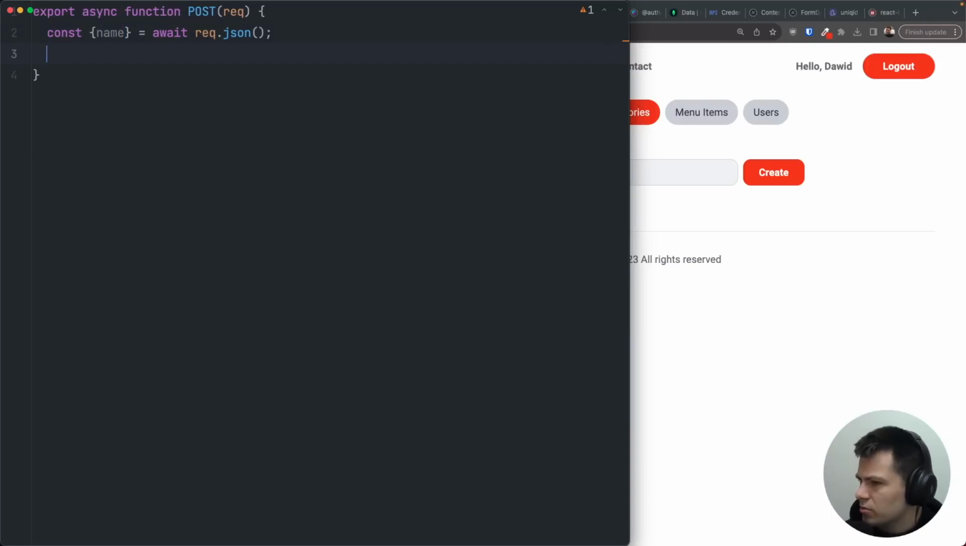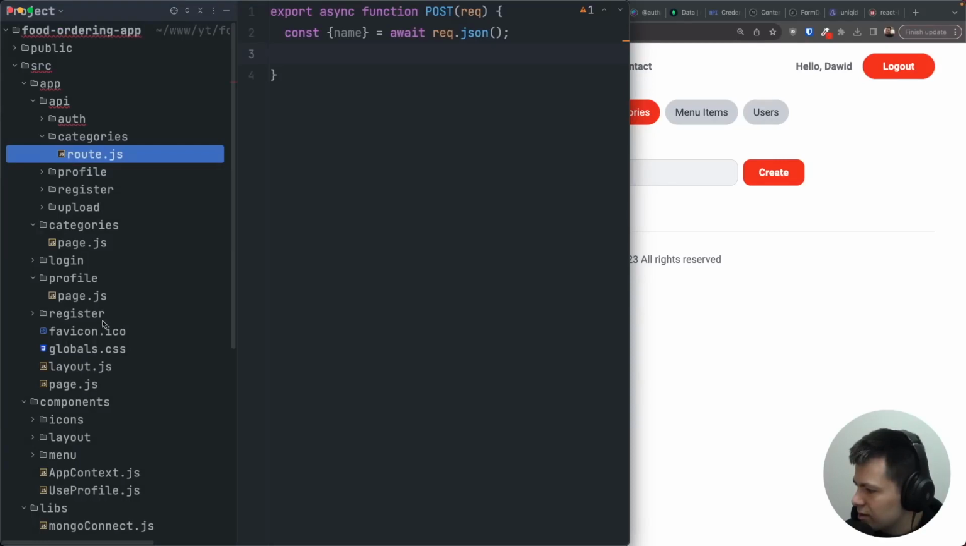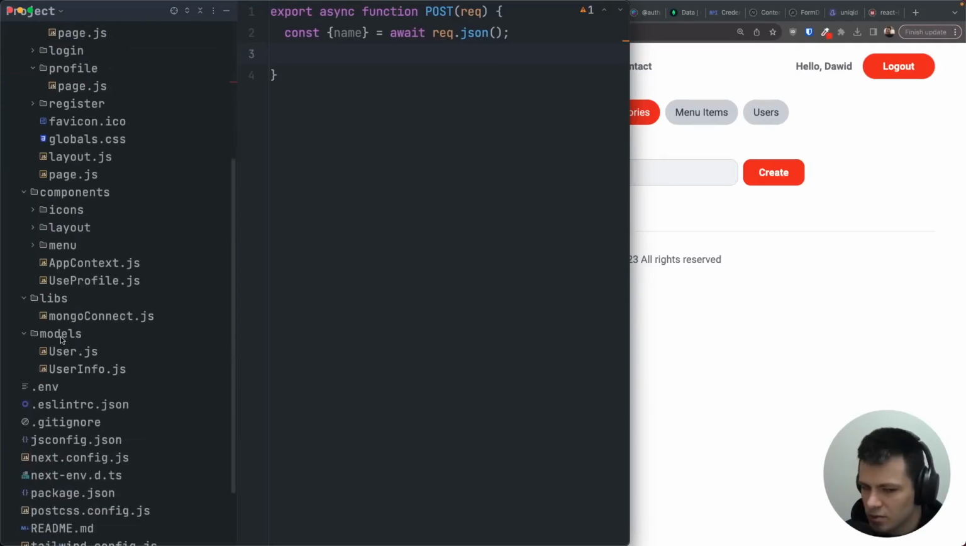We should probably also check here if it's an admin or not, but we will do this in a moment. First, let's just create a category. So we need a model for this. Here we have models. Let's do new file and let's call this one